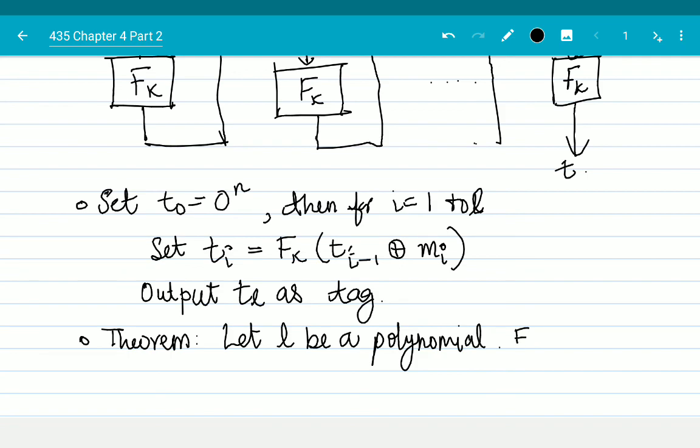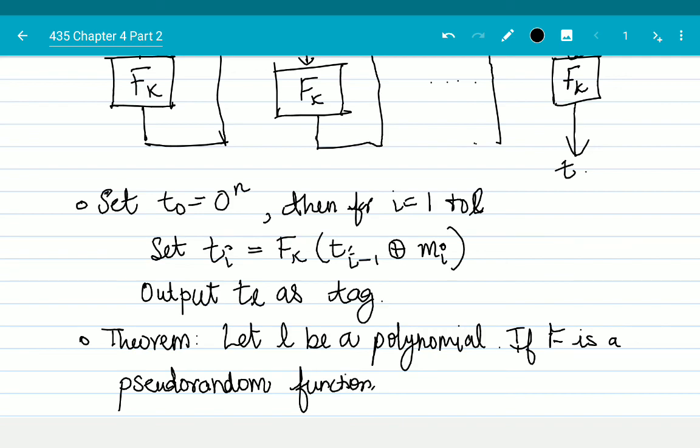If f is a pseudo-random function, then the above construction is a secure MAC